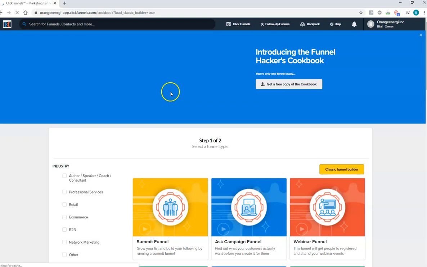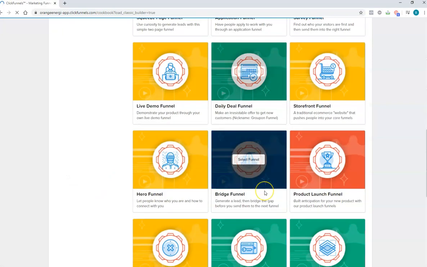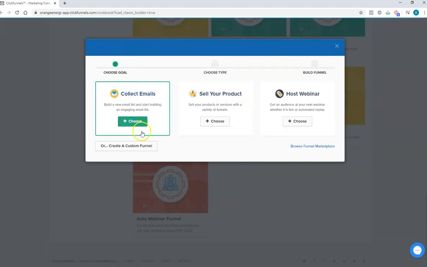All right, so you see here there's a lot of choices, right? And just having all these choices, it could be scary. So what I would suggest you to do is wait for this window to open up, okay? And you can do it this way. If you chose this, collect emails, it would bring you step by step, and basically you would do everything manually. So this takes a long time to do, but if you want to learn how everything functions, well, you can do one step at a time, but it doesn't actually teach you, it doesn't give you the entire